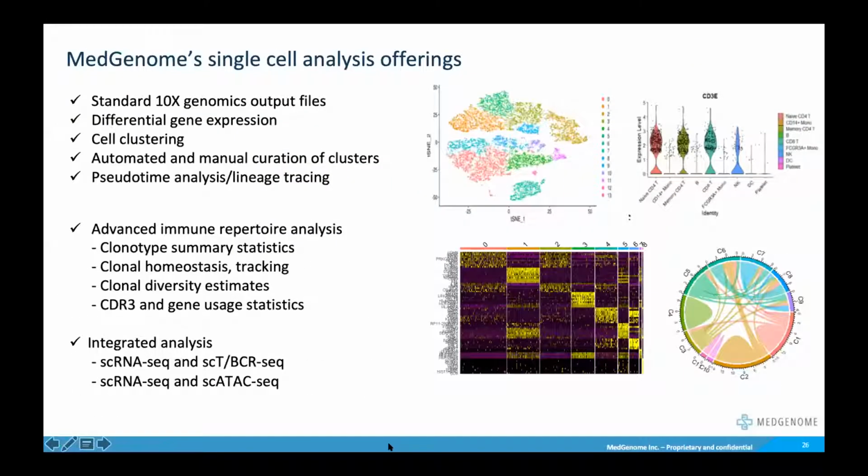We've taken this and built a platform that can now provide some of the advanced analyses that I was mentioning, which is not currently offered by 10x's software. In addition to 10x Genomics output files in the Loupe browser, we can now provide advanced additional analyses such as differential gene expression, clustering of cells using t-SNE or UMAP algorithms,